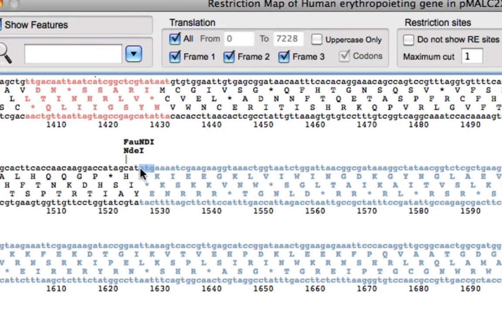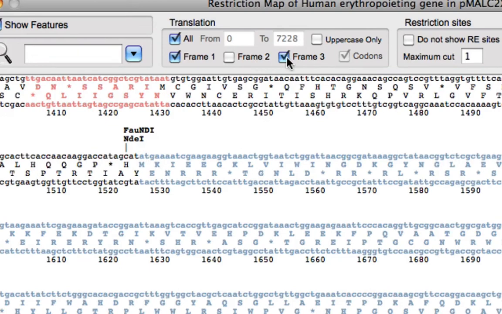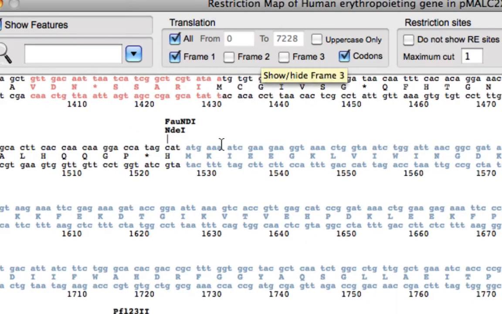Now in order for erythropoietin to be produced, or translated, in frame with maltose binding protein, the erythropoietin gene also should start with methionine in reading frame 1. So let me remove reading frames 2 and 3.